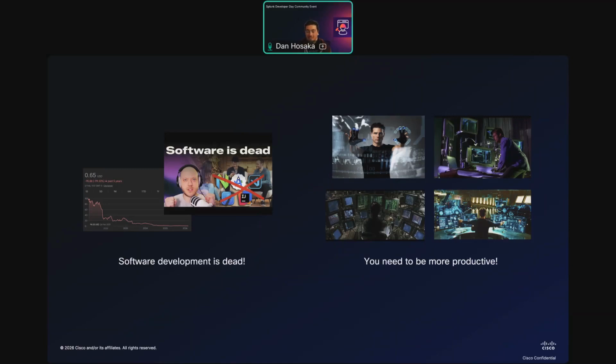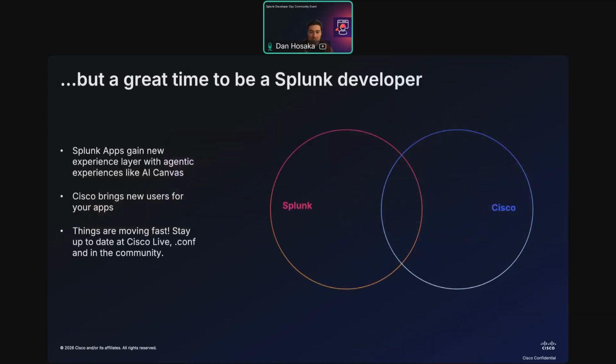And you just get a lot of these different messages about how 2026 looks for you as a developer. What I would tell you is that it's actually a great time to be a Splunk developer in particular. There are a lot of benefits to the Cisco relationship that we have, which, you'll hear